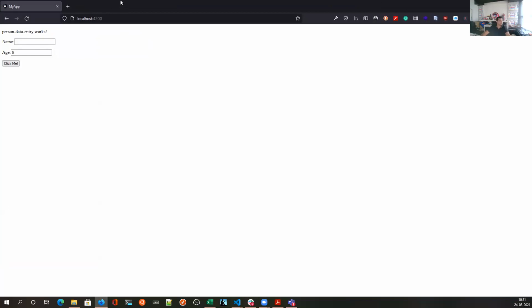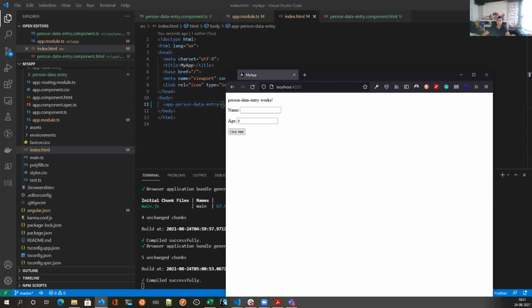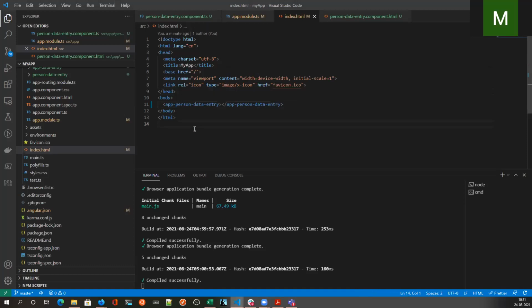Is everybody on the same page? It's still a white page. Can you repeat? App person data entry.